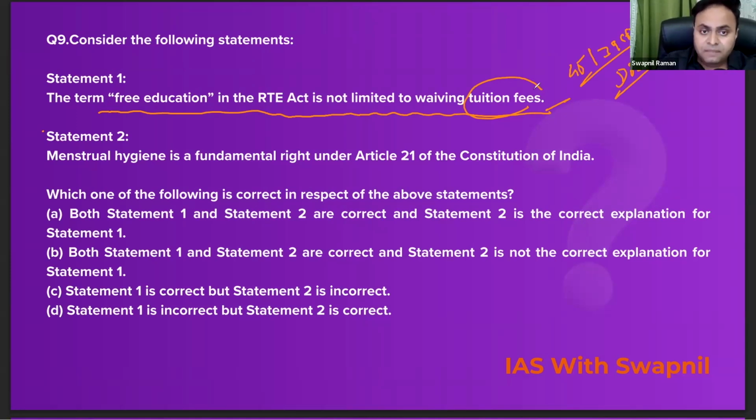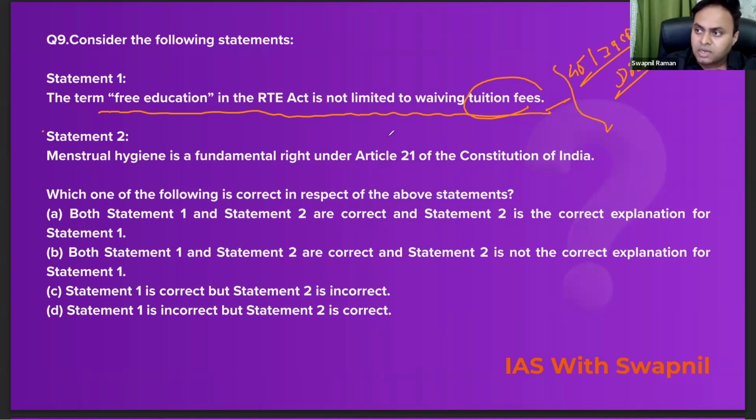Also remember that for the first time, the Ram Murthy Committee report in 1990 mentioned right to education as a fundamental right. Okay, so Ram Murthy Committee said that the parliament should declare right to education as the fundamental right under Article 21. Also remember that the Tapas Majumdar Committee of 99 also recommended that right to education should be declared a fundamental right under Article 21. But the first official document was the Ram Murthy Committee Report 1990. Clear? So do remember all these facts and figures, and also remember one important judgment.